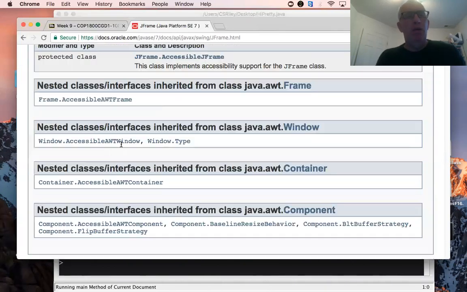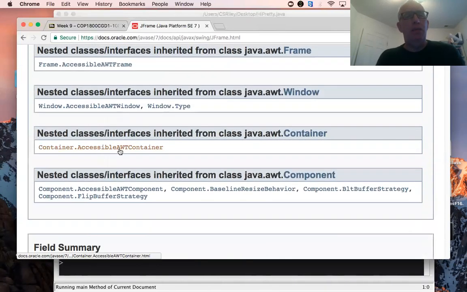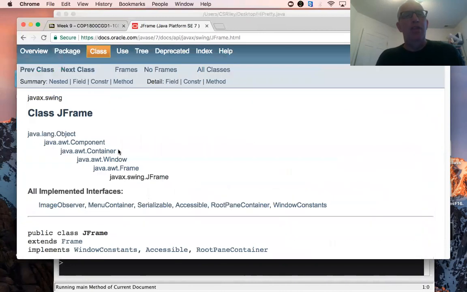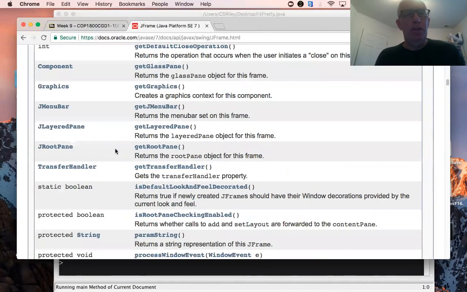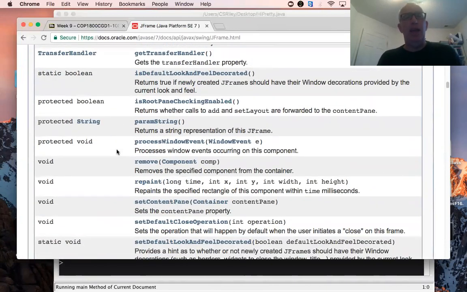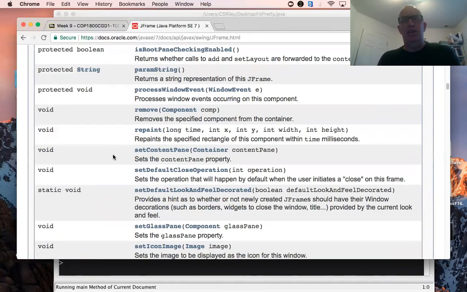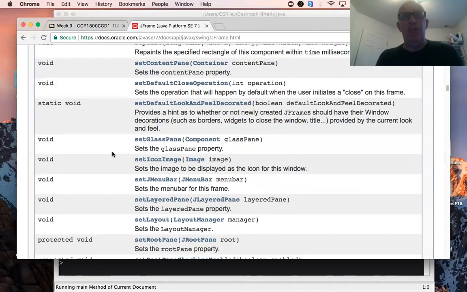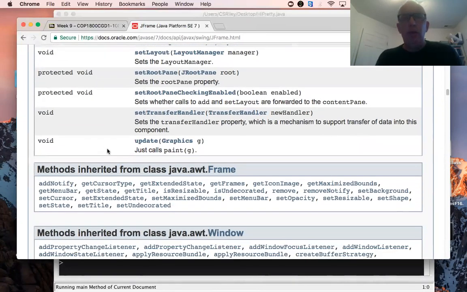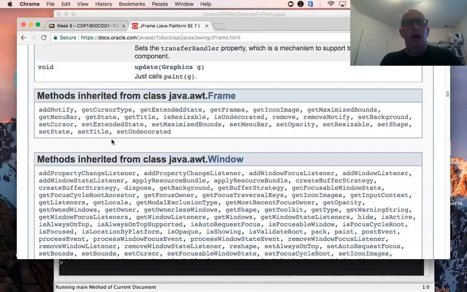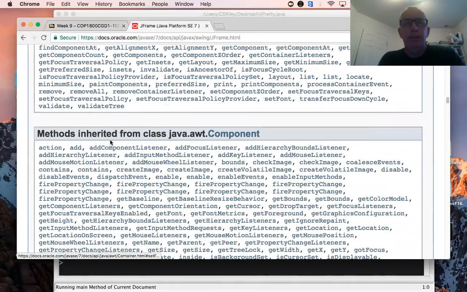And as we look through the JFrame documentation, you'll see that it doesn't have that. I look at all its methods, and there is not a set background color. There's set content pane, there's set JMenuBar, but there's not a set background color. Well, that's problematic, isn't it? Yeah, but if I do a little bit of a search here,